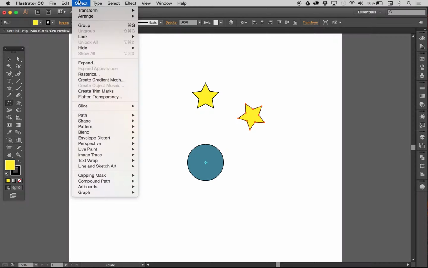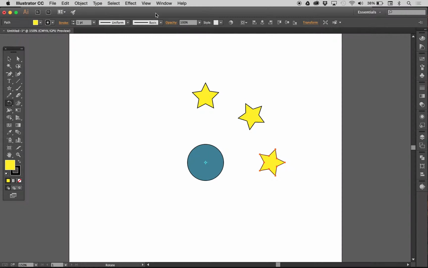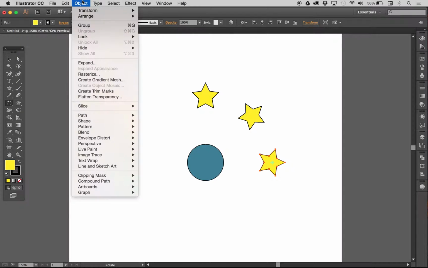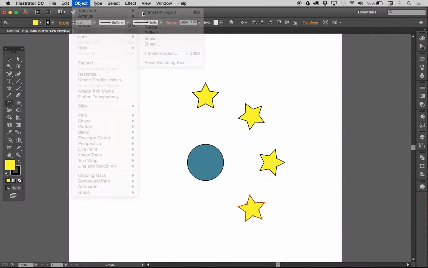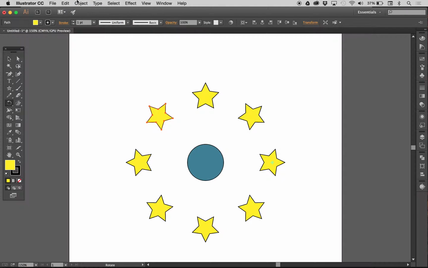And then I'm going to do the same thing again. So I'm going to say Object, Transform Again, which is Command D. All right, and I'm just going to keep doing that. Transform Again, Command D. Transform Again, Command D. D, D, D. All right, so now I've made a perfect circle